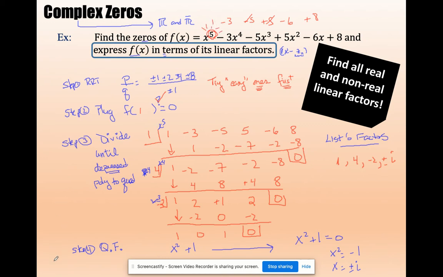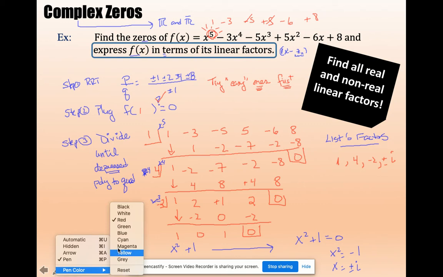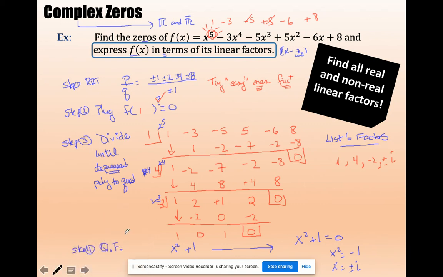Right? Now, I'm not done, because the problem asked me to express f of x in terms of its linear factors. So I have the factors. I'm sorry, I used the wrong word there. This is my list of zeros, excuse me. So now for my factors,